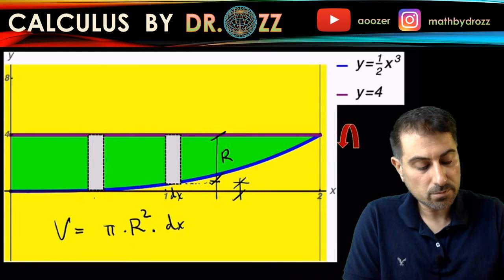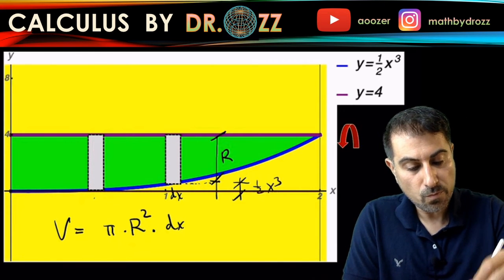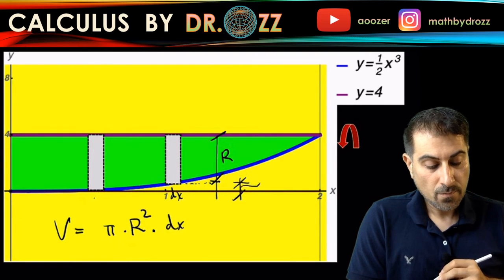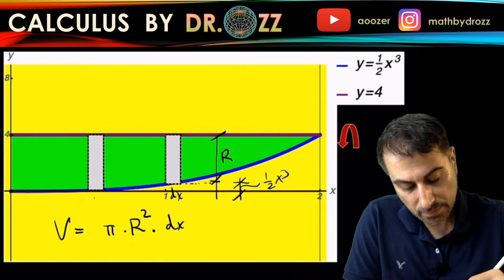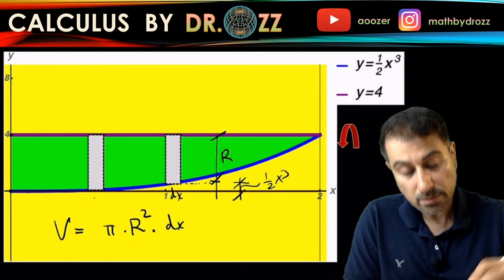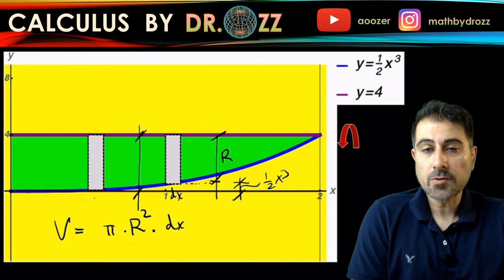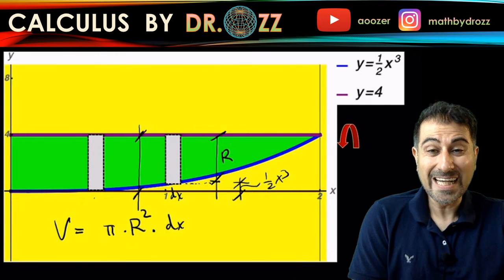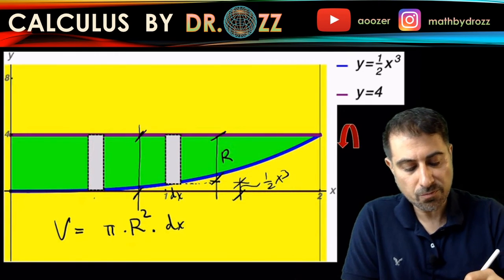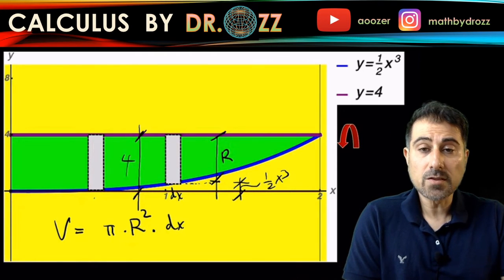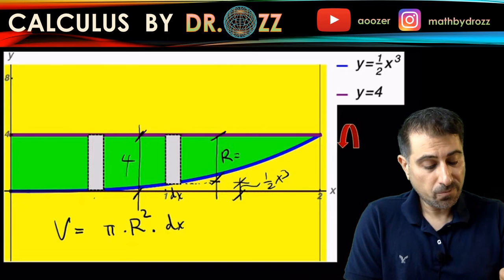How about this distance all the way from the x-axis to the top portion of the slice? That's determined by the purple line, which is fixed y equals 4. So capital R is the difference between 4 and